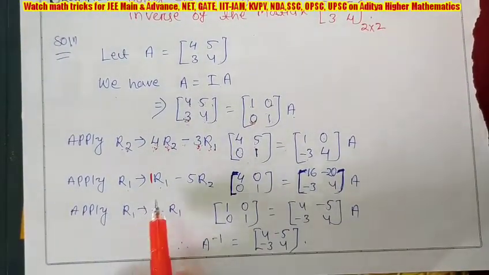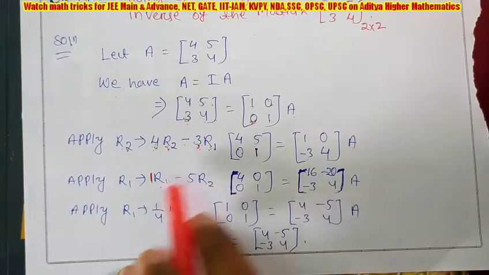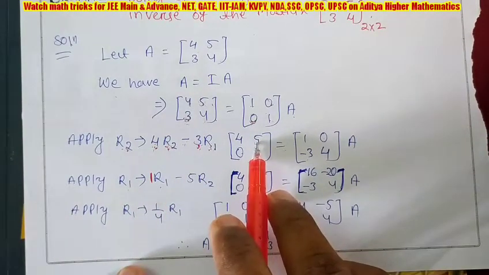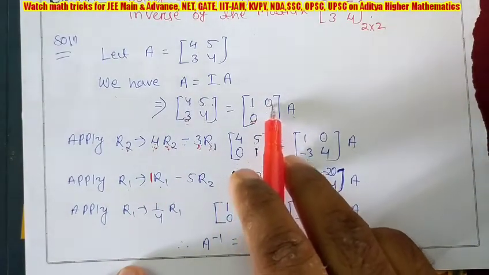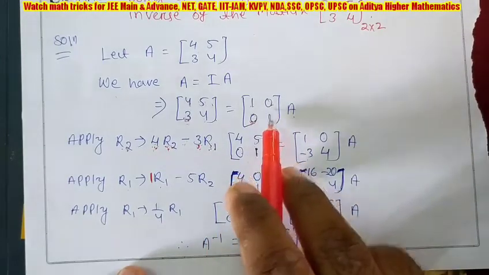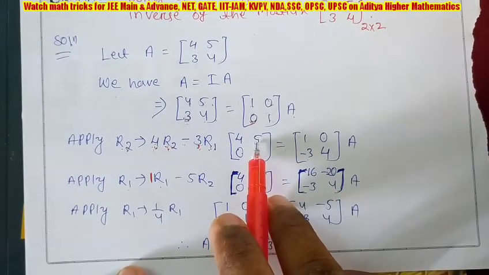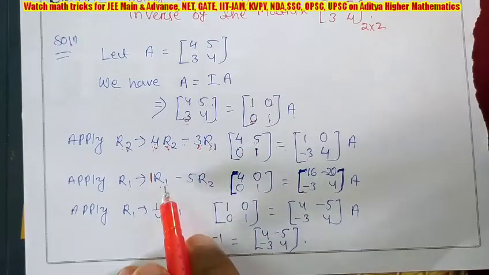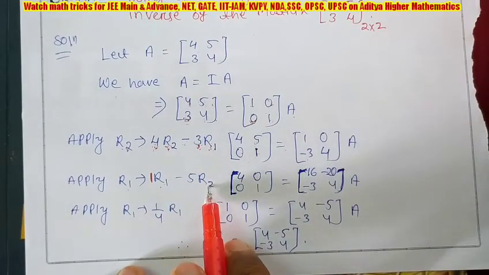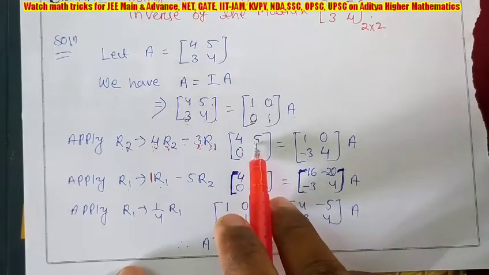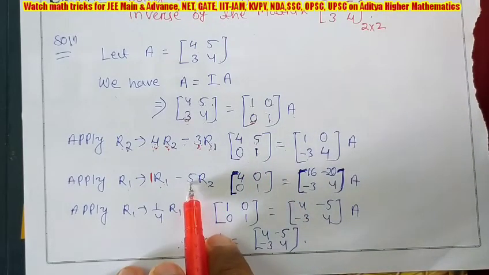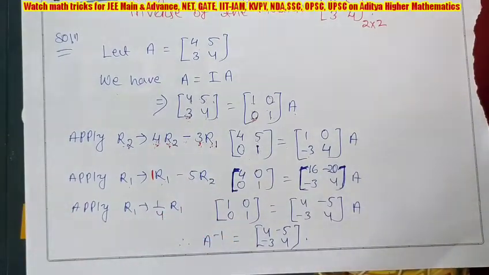Once again I am repeating this. We are changing R1, this element to 0, because in the identity matrix this element is 0. And to change this element, first I am writing R1, then I am writing R2. Since it is 5 and actually it is an element of R1, you have to take this in the R2 coefficient. Because when you are getting 0, you have to multiply in the opposite coefficient. Then only you can get 0.